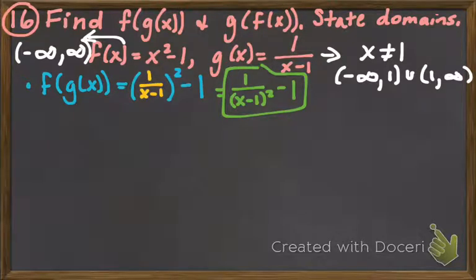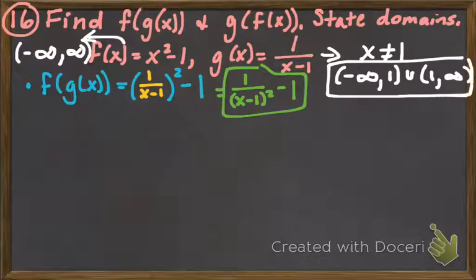Well, on f of g of x, the first one we just did, our inside function was 1 minus x over 1. So that's the domain we're going to start with. And the only way we change it is if there's a new restriction by combining them in the composite, plugging one inside the other. And in this particular case, there is no new restriction because the x minus 1 is still in the denominator, so the domain of this one, this f of g of x, is